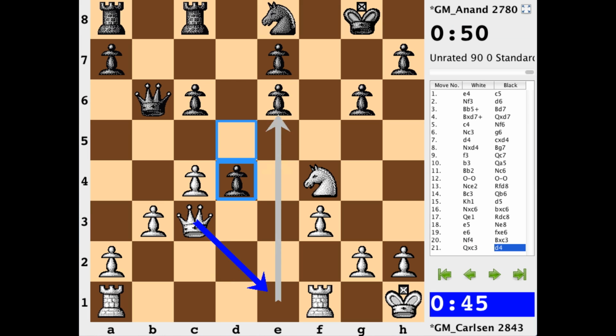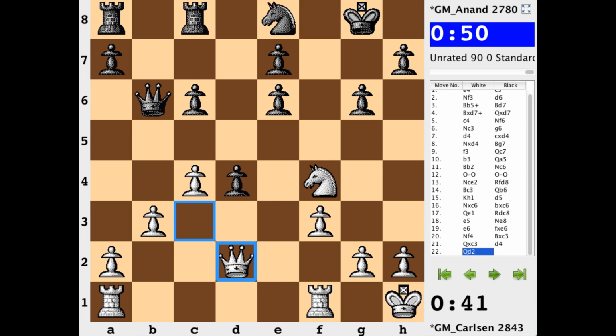I thought queen e1, just to be assured that this pawn is going to be taken, but Carlsen is thinking about something much different. With queen d2, her focus is on h6, and the knight's focus is going to be on g5, and this is going to cause black a serious problem. If the queen can get on h6 and the knight can get on g5, black is going to be placed in a giant knot and constricted in a really, really great way. So let's see how that happens.